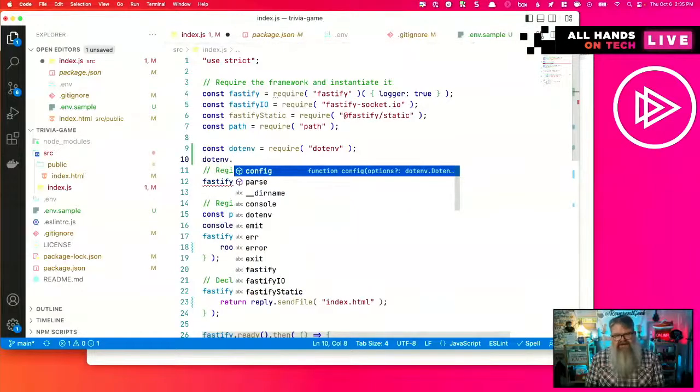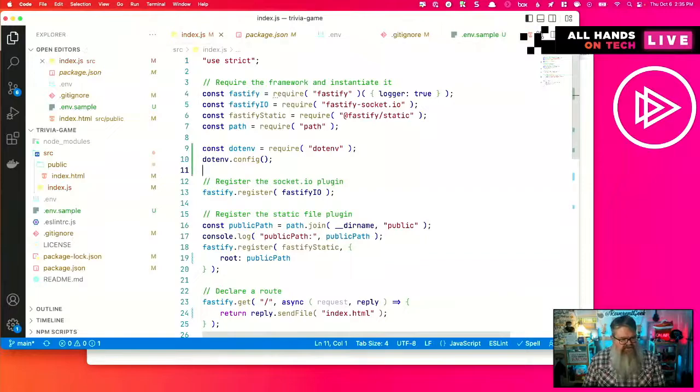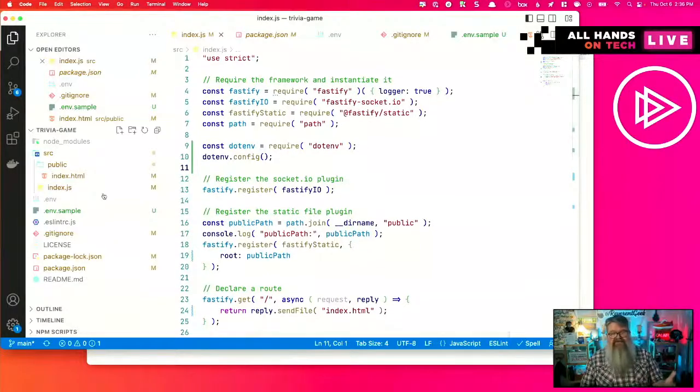And there's other things you may want to do, it's rare, but there's other things you may want to do with the .env. So I'm going to keep it as two separate lines. And so now, after .env.config runs, whatever is in that .env file will be added to process.env